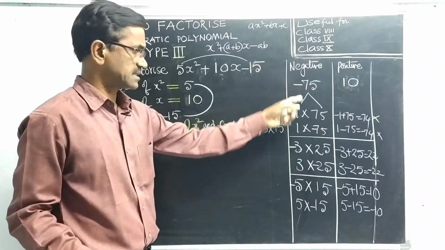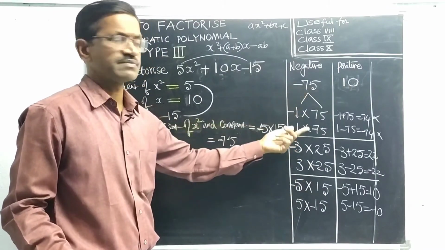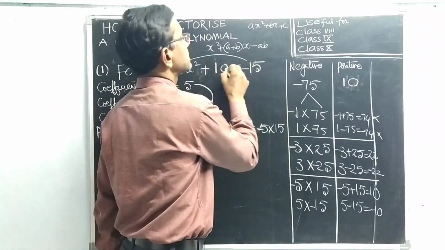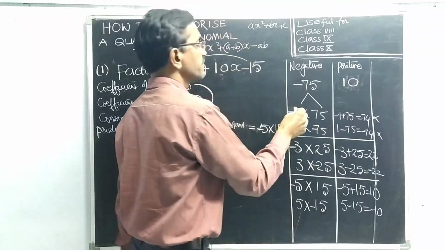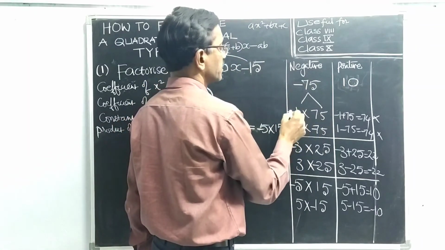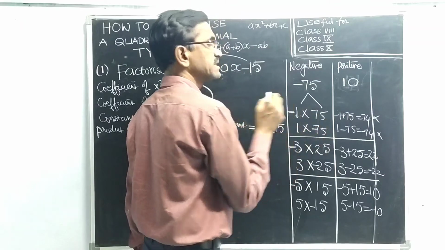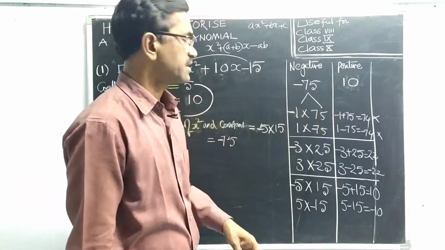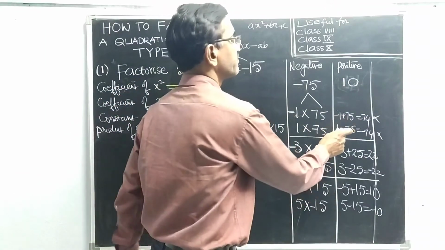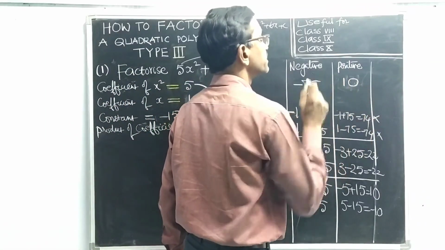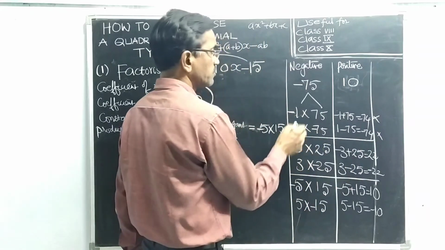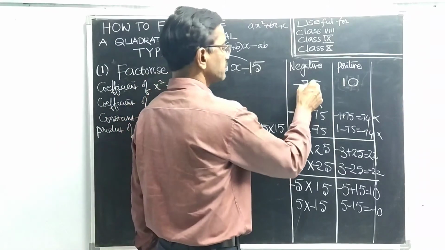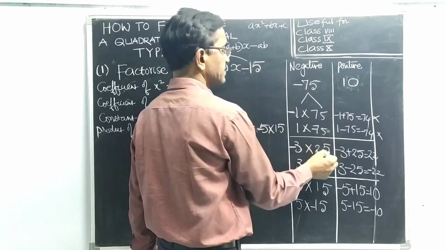Now factorize. Write minus 75 as a product of two numbers. Here the coefficient of x is 10, which is positive. So divide with 1: 1 into 75, minus 1 into 75 or 1 into minus 75. Now by adding 75 minus 1, 74, not useful. Here 1 and minus 75, we didn't get 10, so leave them. Next take the 2 table. The 2 table does not divide this one, so don't write. The 3 table, 3 2s are 6, 15, 3 5s are 15.